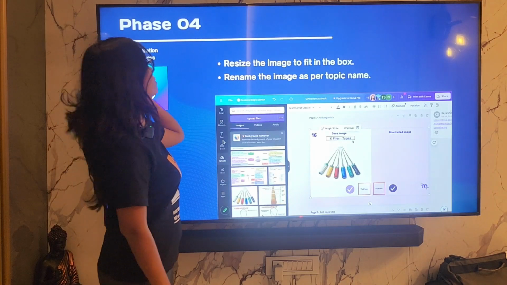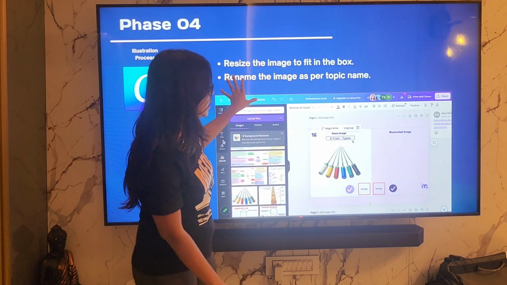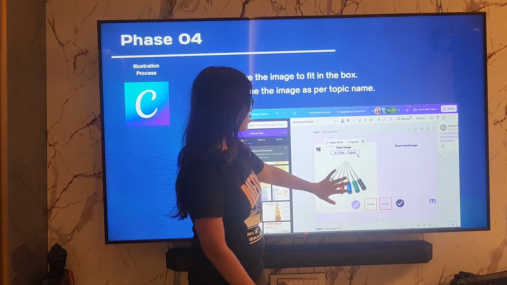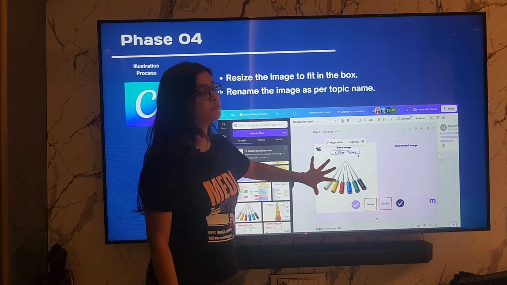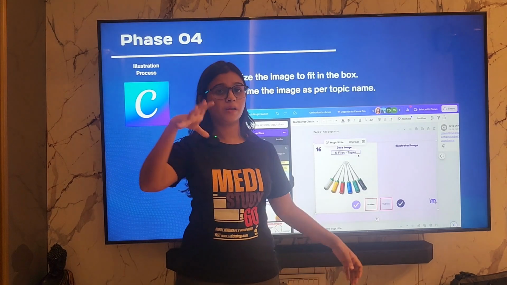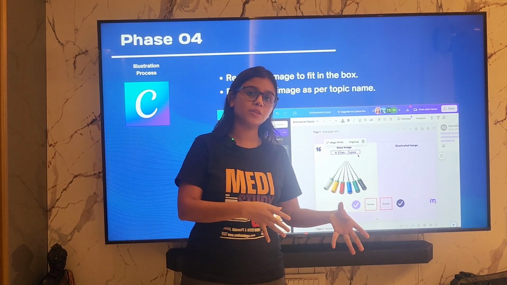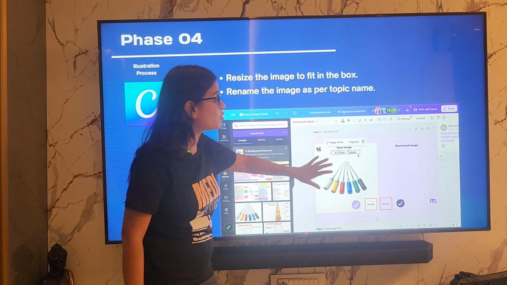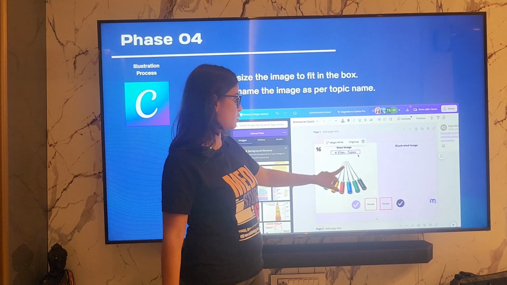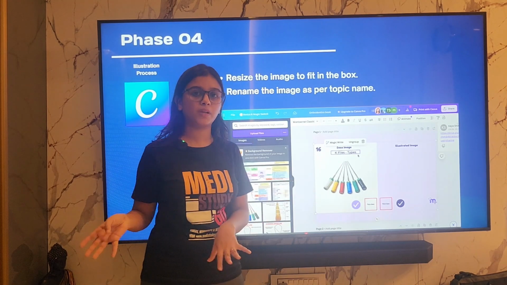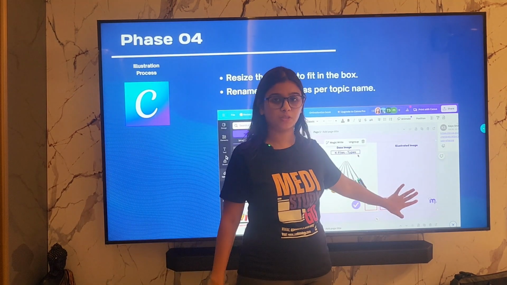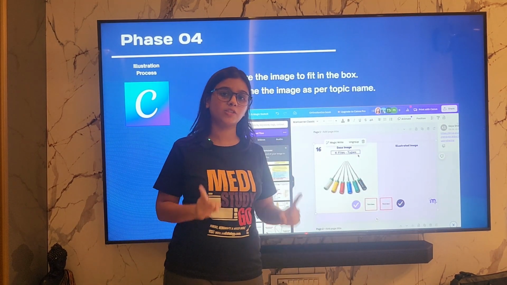Now, as I said, rename the topic, and you will have to refit the image. If your image is too big, you will have to resize it to make sure it fits on the left side. Another thing I would like to add is that you may have one image that has some features and another image that has other features. In that case, you can put more than one image. I could have put two K file images and explained to my illustrator that I want the tip from this image and the base from the other image. So for reference, you can put multiple images, but your illustrator is only going to make one image out of this. So one slide will just have one image at the end.